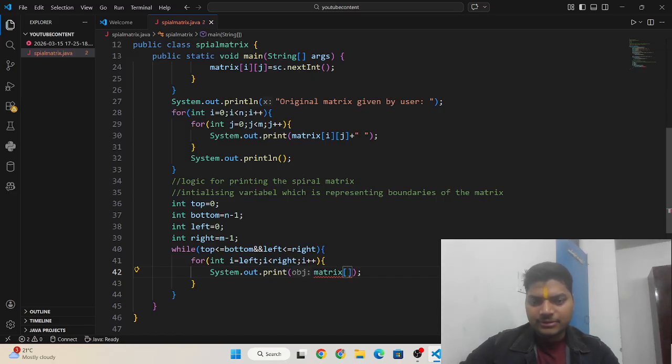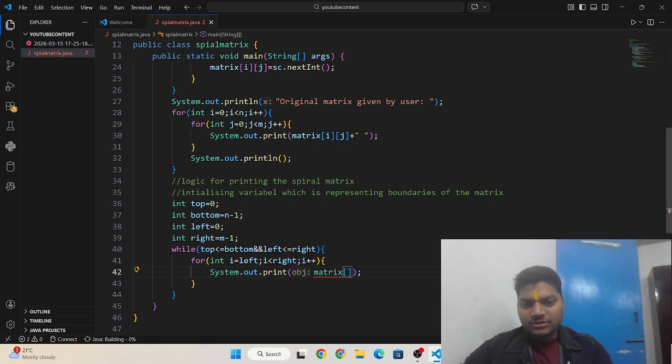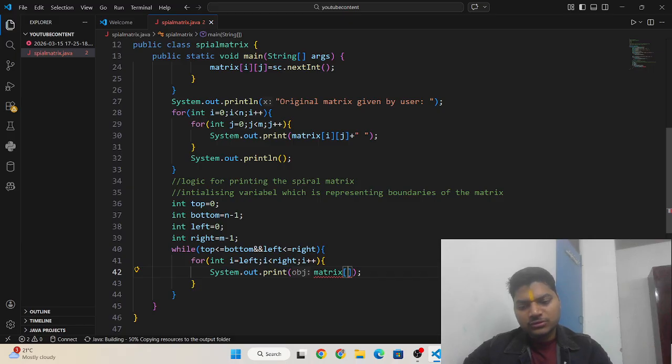Okay, and here I need to print matrix. In the position of row you need to print top, and in the position of column we need to print the column, which is here i, because i is representing the column here.